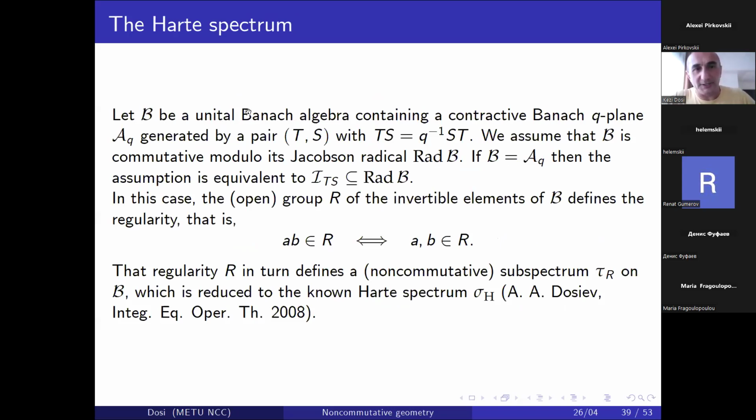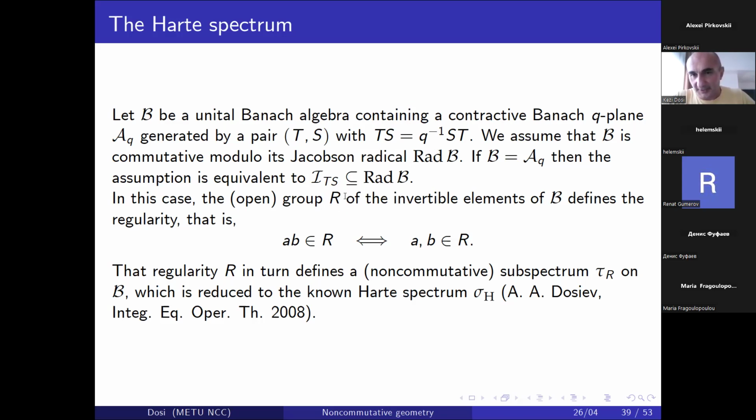Again, suppose B is a unital Banach algebra which contains the Q plane, like that, T and S. And suppose my algebra is good: B is commutative modulo its Jacobson radical. I said something about this property at the very beginning of my talk. For example, if B is a Q algebra, this is equivalent to the assumption that TS is inside the radical. Okay, let's use this property, B being commutative modulo the Jacobson radical. In this case,